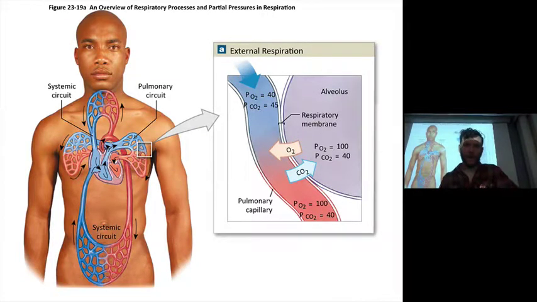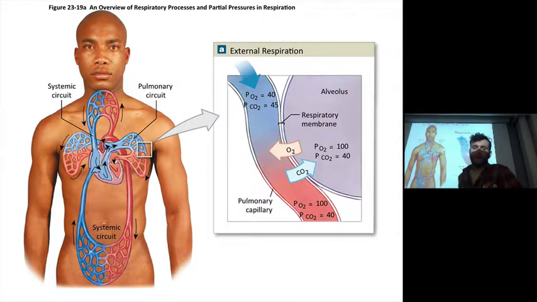Last time I basically talked about the lungs and how air, ventilation, and how air is able to get onto the respiratory surface, the alveolar surface, right? Well, today I'm going to begin to talk about what happens next. Once that air is there, we need to have an exchange with the blood, and then we need to transport